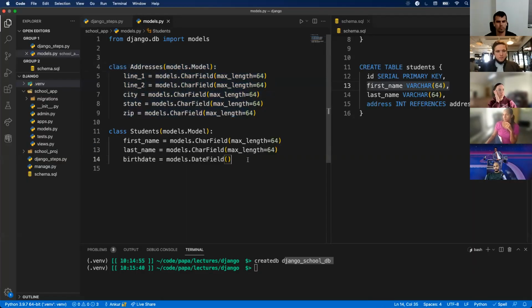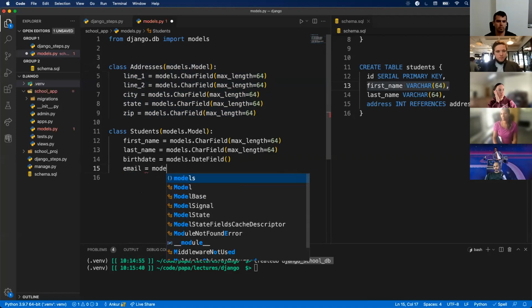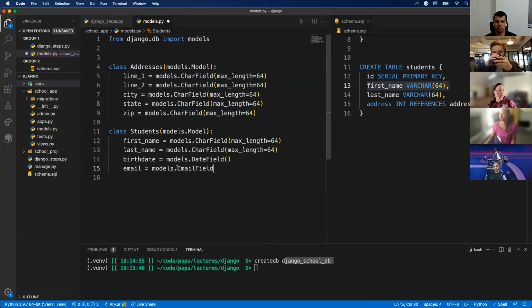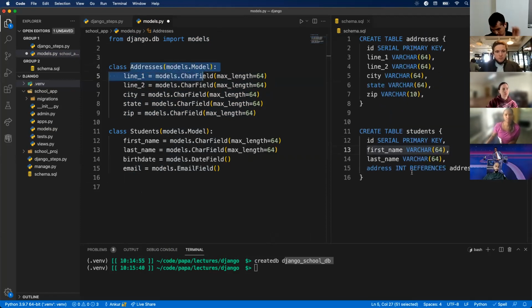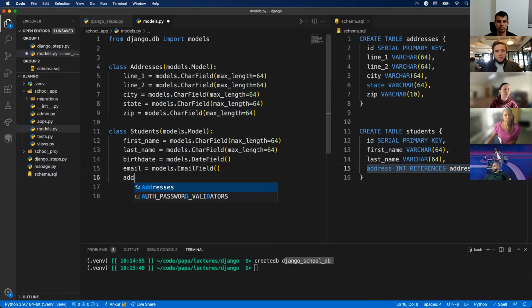Okay, let's actually add that for our students just to have one more type. Let's say their email will be models.EmailField. Notice we're just grabbing everything off this models import. That's why we imported the entire module instead of individual classes. We don't want to import Model and CharField and everything by itself, because we're going to use a lot of the models in here. So we have the email field, and then we have the address field, right? If you remember, we need to reference the addresses table. This is a foreign key. We can do something pretty similar to inline SQL here too. So I'll do address